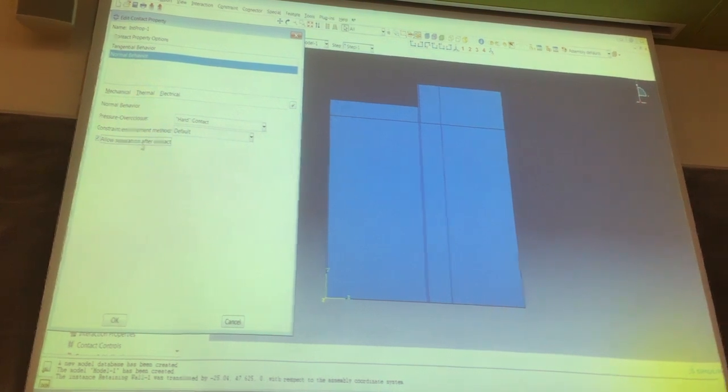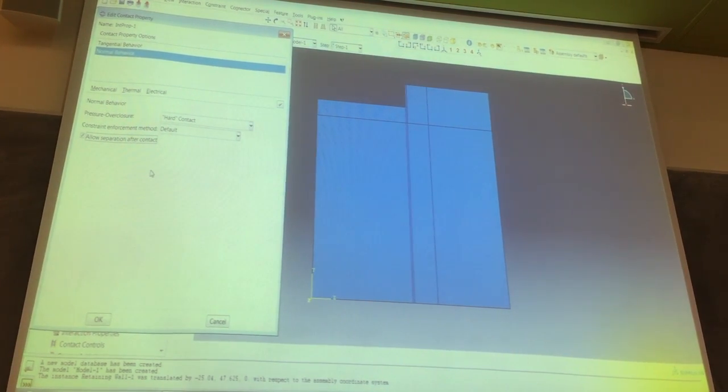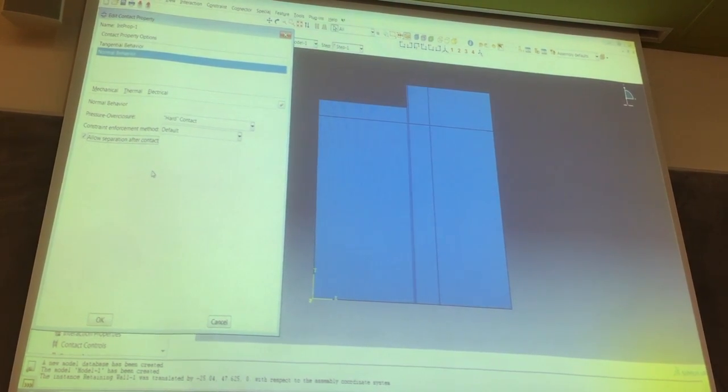So this is really good for us, because we know that maybe first of all, we have a contact because of that load, but after deformation,